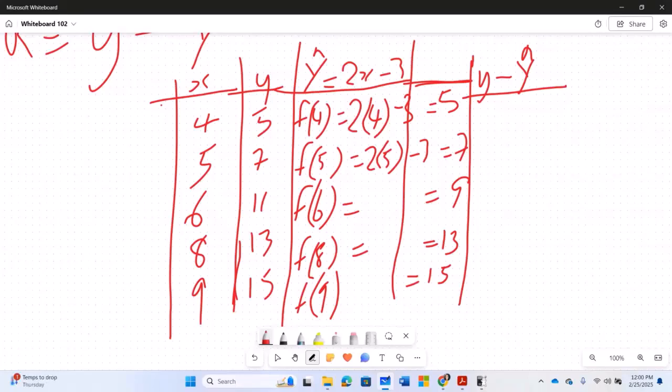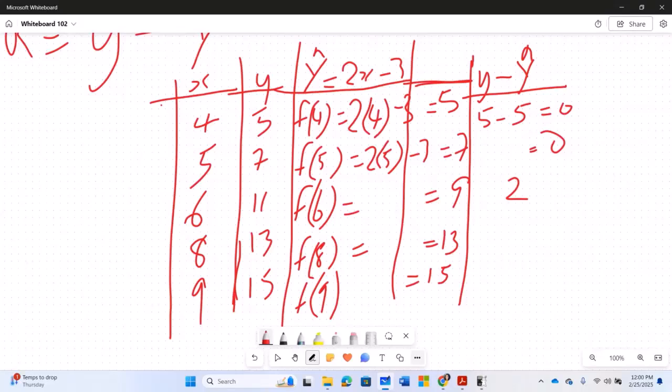The residual, remember, is y minus y hat. So right here, 5 minus 5 is 0. 7 minus 7 is 0. 11 minus 9 is 2. This is 13 minus,